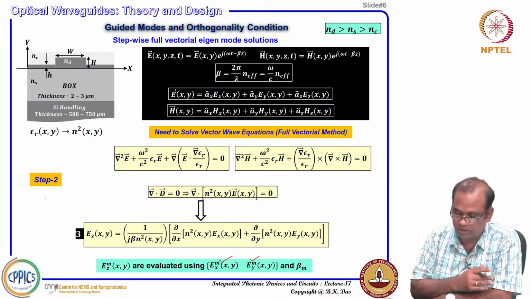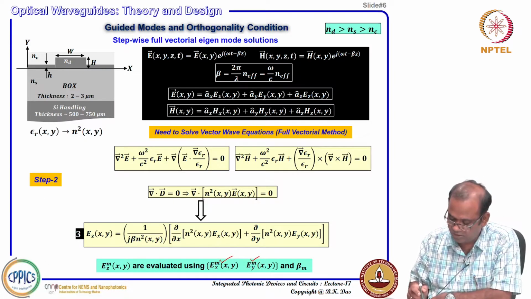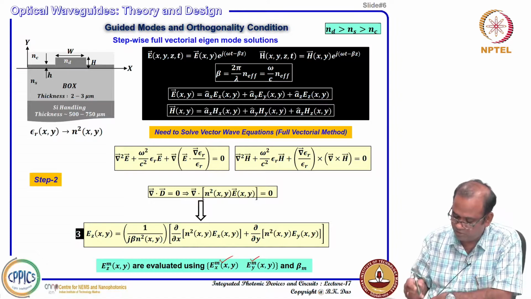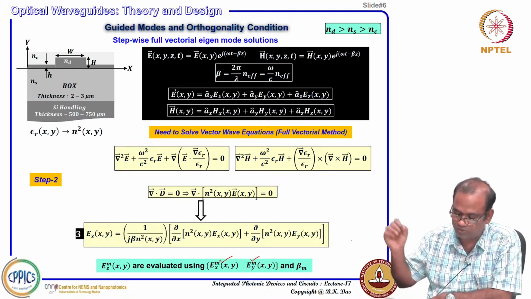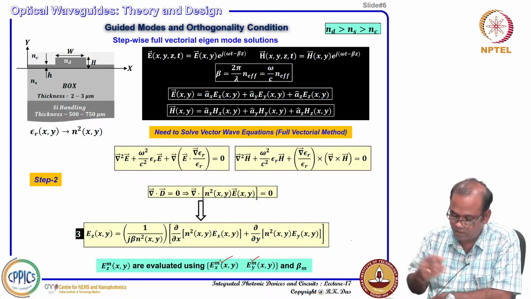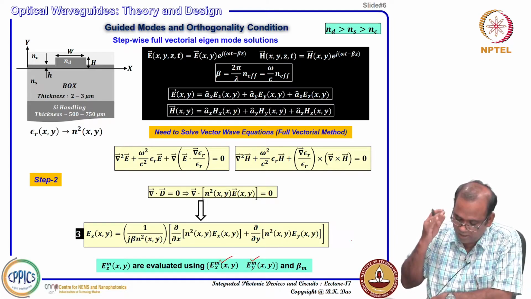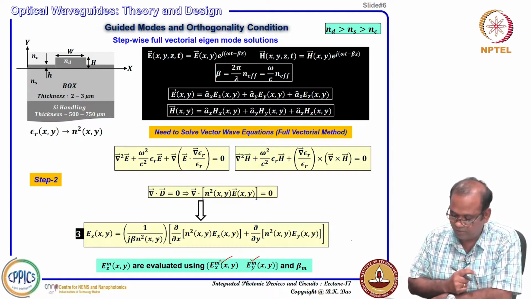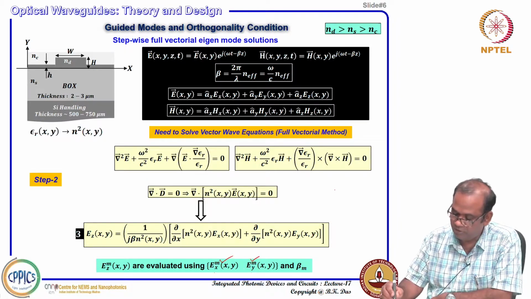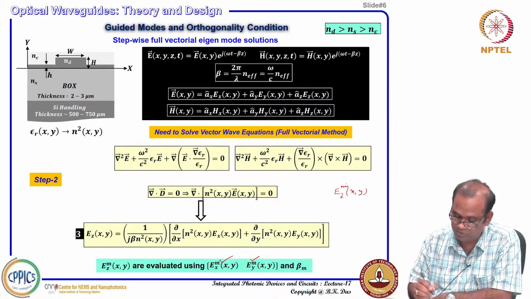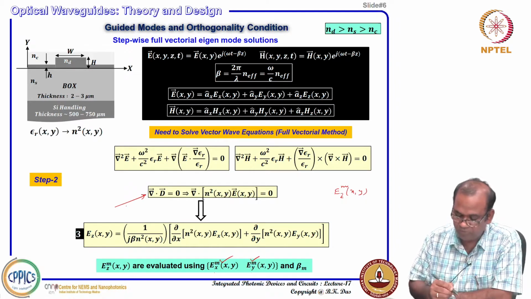You have solved two second order differential equations to find out Ex_m, Ey_m for different m, which can run from 0 to 1, so many eigenvectors and eigenvalues you are getting. For every given eigenvector, say Ex_m and Ey_m, you can calculate actually Ez also, Ez_m(x,y). How is that possible? You just start with the Gauss divergence theorem, divergence D equal to 0, and you know